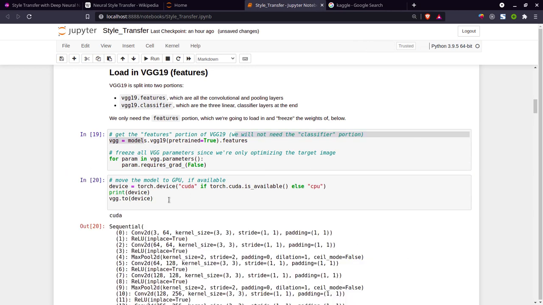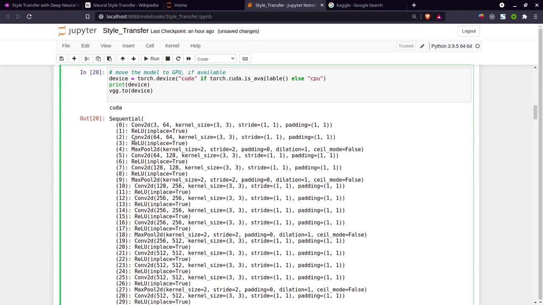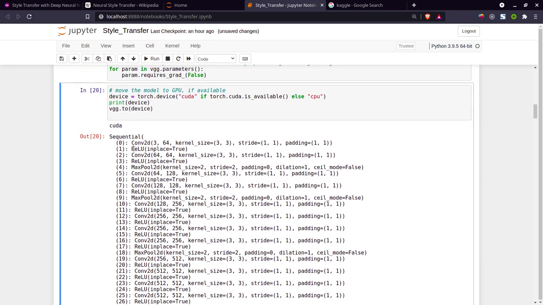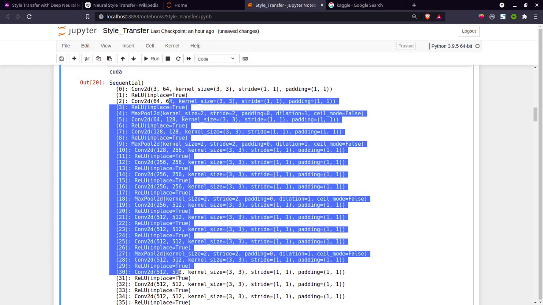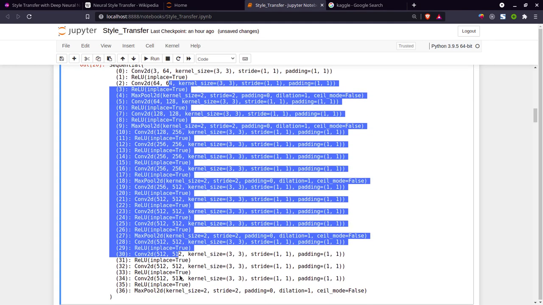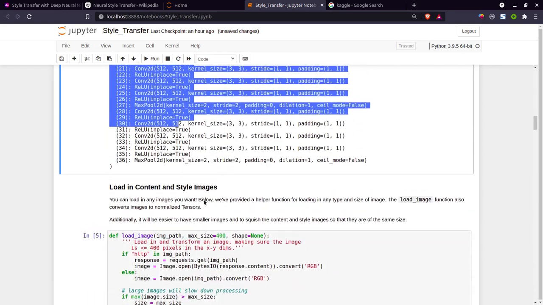And next line, if I run, you can see CUDA. CUDA is basically the GPU libraries or GPU drivers, you can say. So I have a GPU installed on my computer, and here you can see this is our model. Our model has a convolutional layer, then a ReLU, then again convolutional, then again ReLU, then max pool layer, then convolutional, then ReLU, and so on. It will take very much time if we do it from the starting, to train it will take maybe 2 to 3 hours or 5 to 6 hours, I don't know. But I have already trained, so I don't have to take this much time.